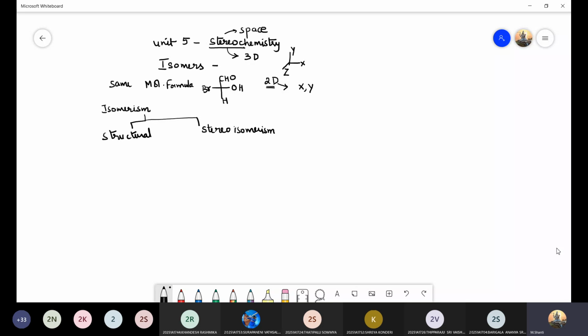Isomers, always remember that they have the same molecular formulae. But why are they called structural isomers? Because they differ in the structural arrangement of the atoms. Structural isomerism is a phenomenon wherein the compounds have the same molecular formula, but differ in the structural arrangement of the atoms. That type of isomers are called structural isomers, and the phenomenon is structural isomerism.